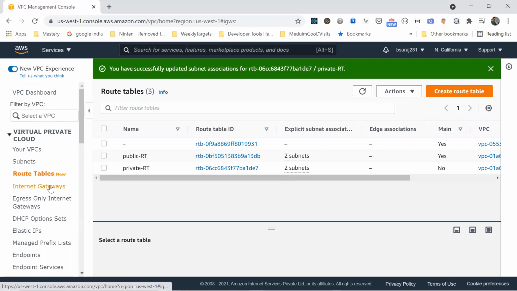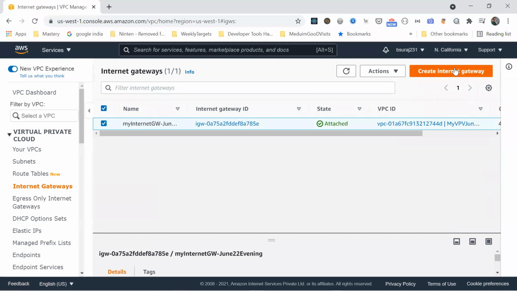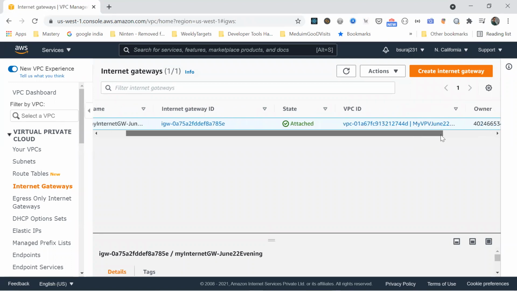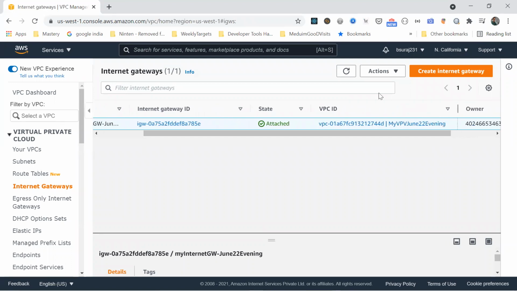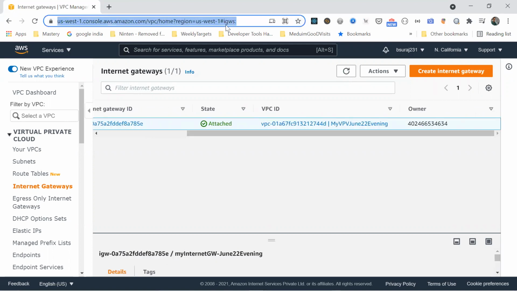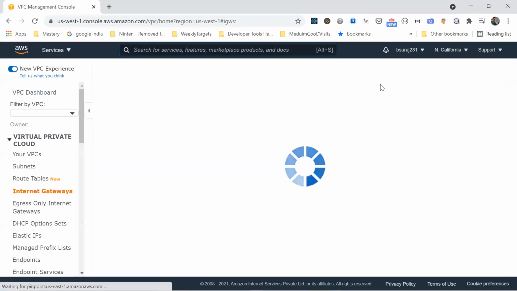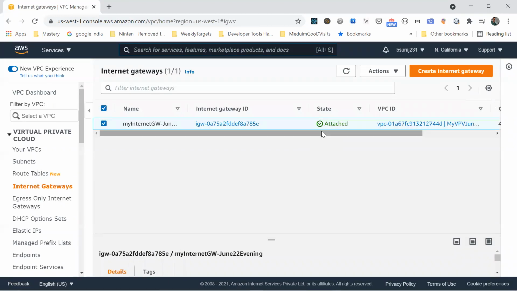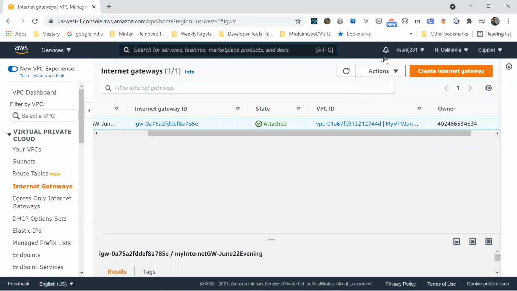So we created an internet gateway associated with our VPC. You can see it live. Every time, just check it. Don't just leave it thinking that it was updated. You need to refresh. There's a refresh button provided by AWS here. You do not have to go to the browser and refresh. It will be refreshed directly with that button. Both are the same, but this will be refreshed at the application layer. Here you can see this is associated.